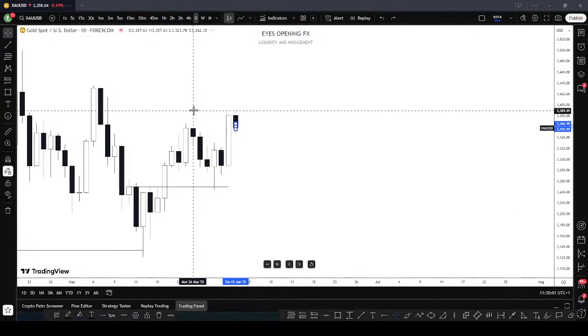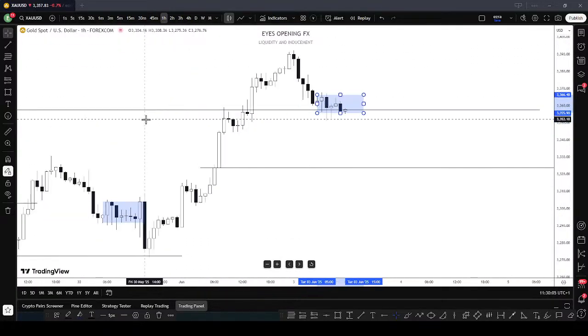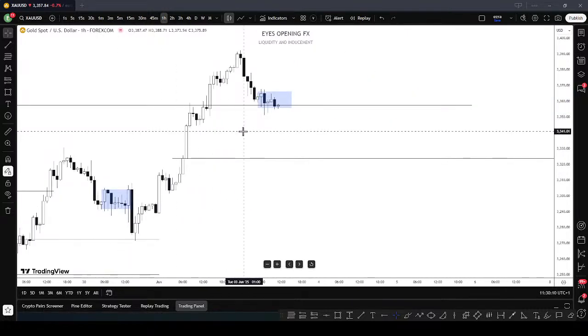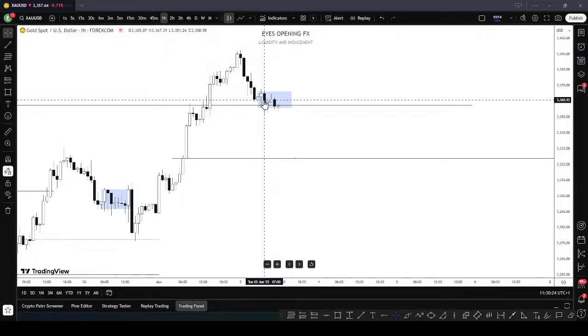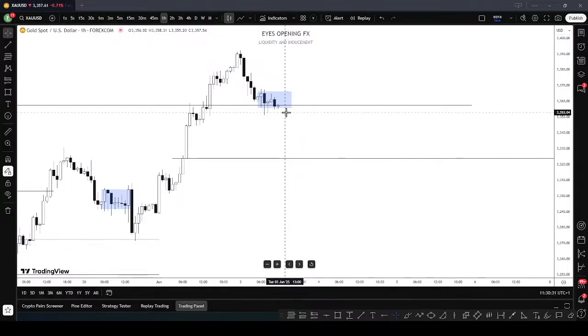But when you add some confluence to it, let's say support and resistance with MD, or support and resistance with market maker model, or support and resistance with something that can add more confluence to it. At that point, when it breaks structure, you know that this is a break of structure, not a liquidity grab. At that time, it will help you filter inducement from break of structure,